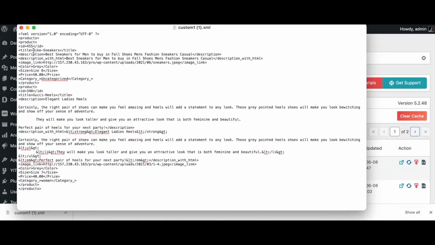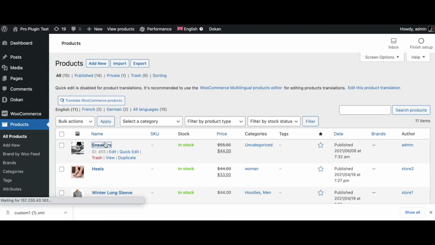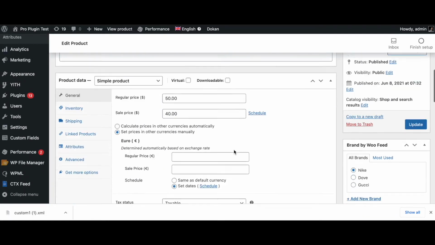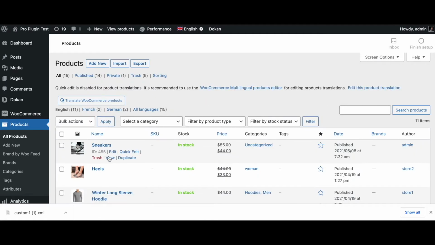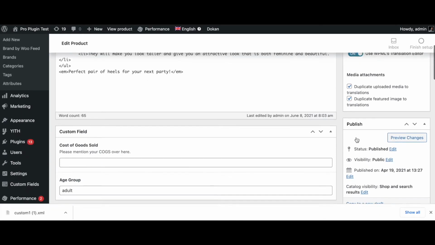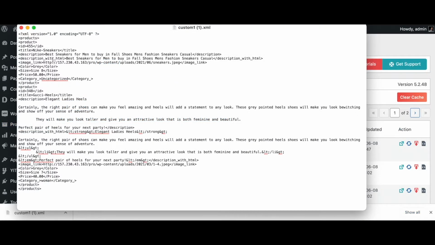There we go. As expected, we can see the brand here. This is the attribute separator, and here we can see the product title. Similarly, let's look at another product. This is the brand, the separator, and the product title. Let's see if this is consistent with our products. Under sneakers, let's take a look at the brand, Nike. Yep, this is working as expected. Let's look at the next one, which is heels, and as you can see, the brand is Gucci. So this is what a simple extended product title looks like.